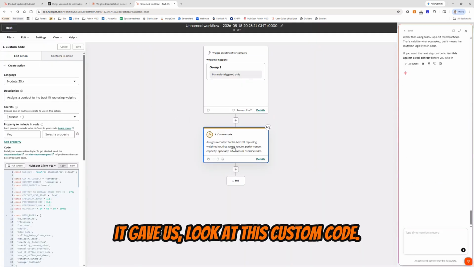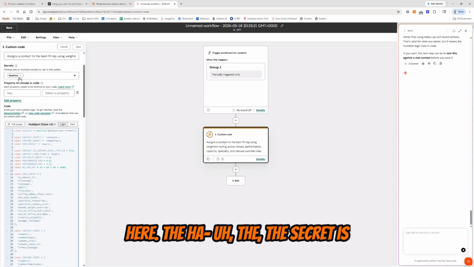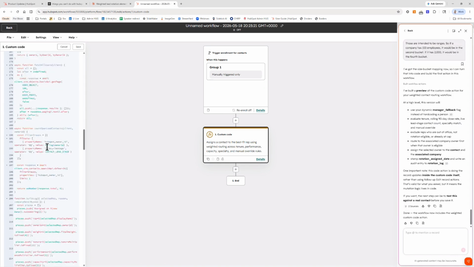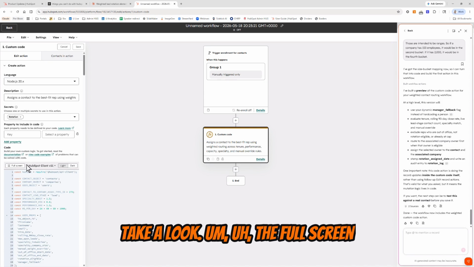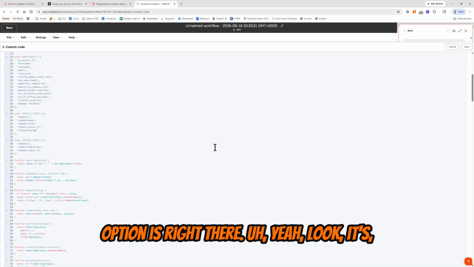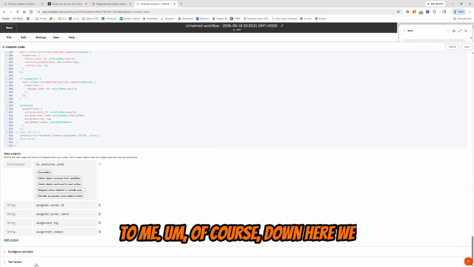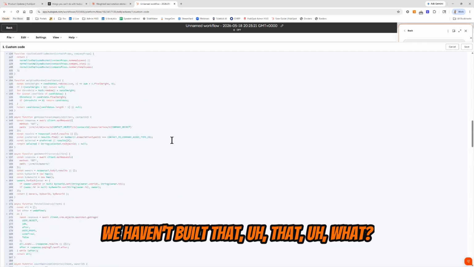Look at this custom code. It is built. It is here. The secret is there defined. Here is all the code it has written. Let's make this bigger. Let's take a look. The full screen option is right there. Yeah, look, it's built this code. This looks great to me. Of course, down here we could test it, but it's incomplete, right? We haven't built that